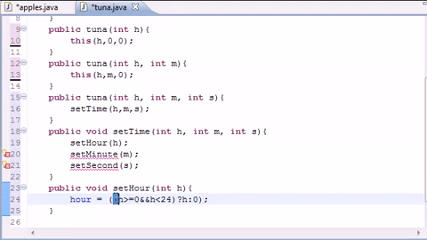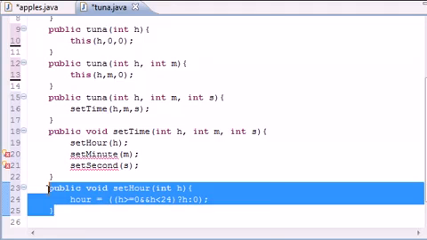So again, this is a conditional expression, pretty much the same as an if statement. What this is going to do is make sure the hour is greater than 0 and less than 24, and if it is, use it. If not, use 0. So now do the same thing for minute and second,